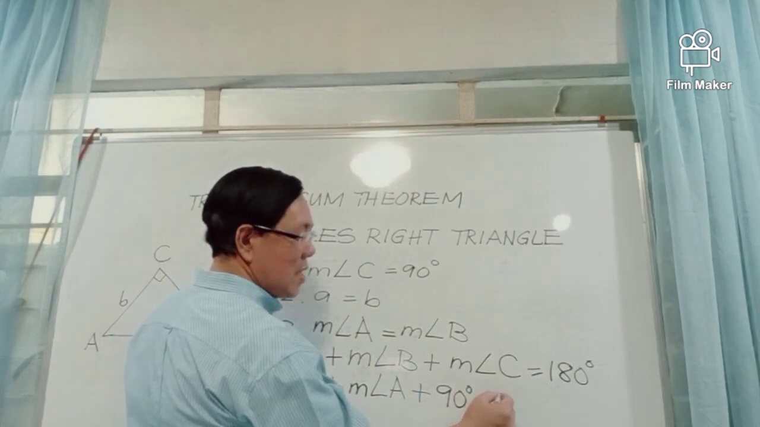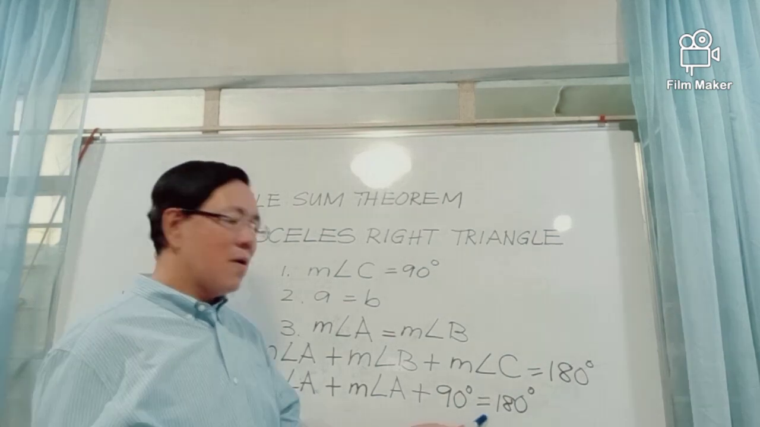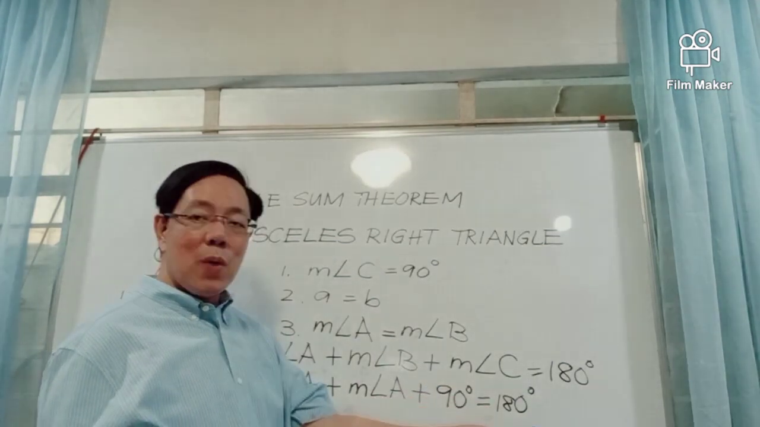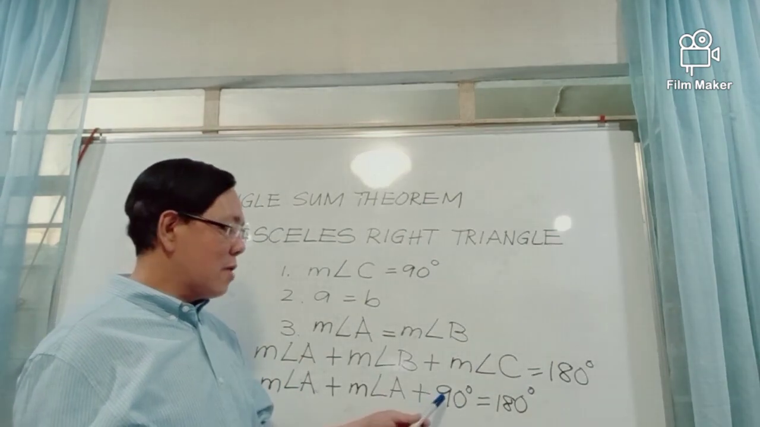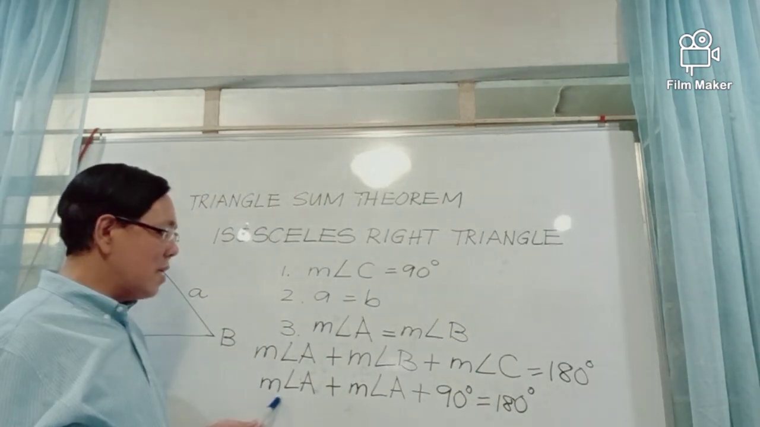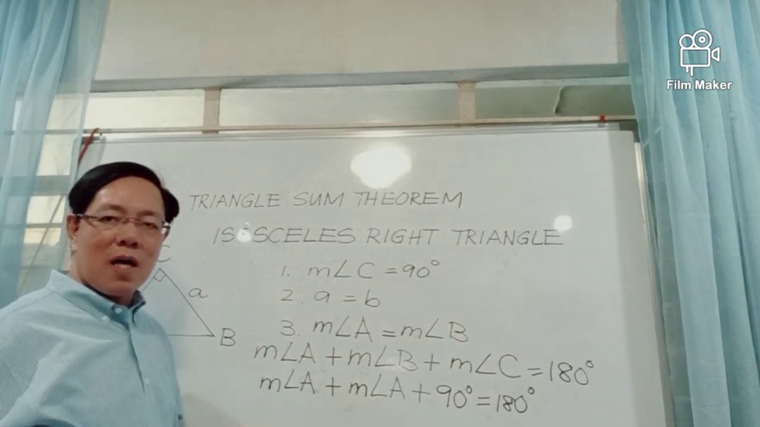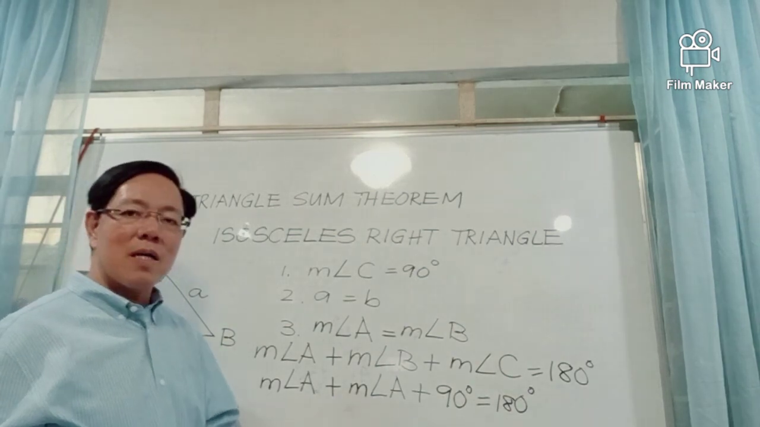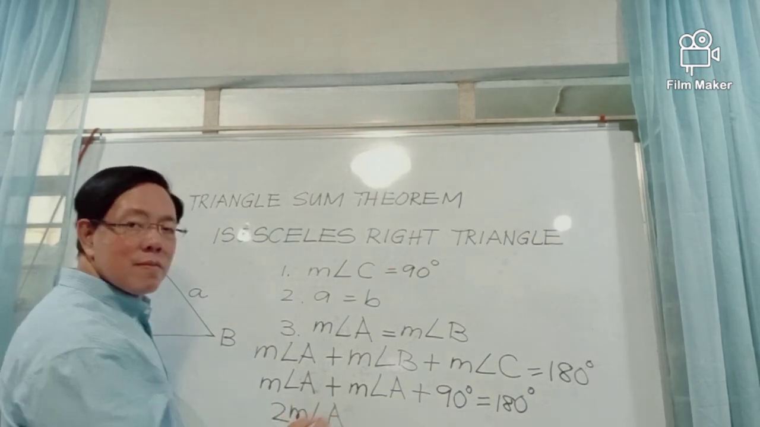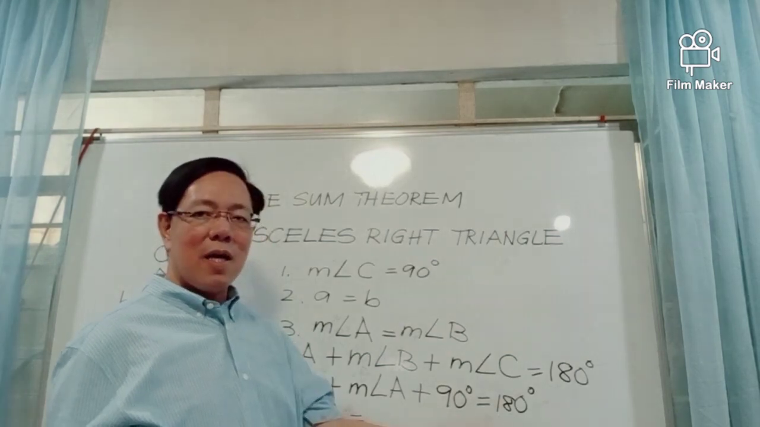And from this equation, we can obtain the measure of angle A by solving this equation for measure of angle A. In solving an equation, we transpose all the constant terms to one side of the equation. In this equation, we transpose 90 degrees to the right side. And for the left side, we add measure of angle A plus measure of angle A. This means we add measure of angle A to itself 2 times. So measure of angle A plus measure of angle A equals 2 times measure of angle A, which is equal to, at the right side, 180 degrees,